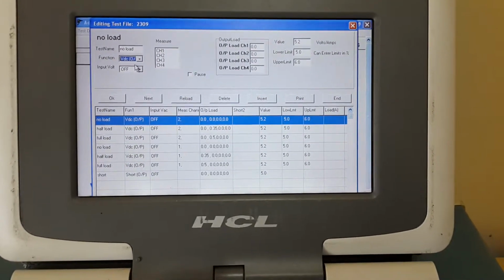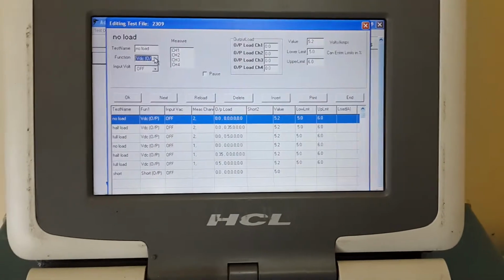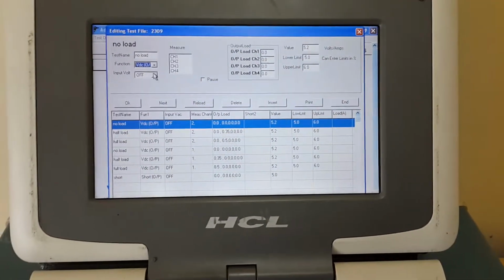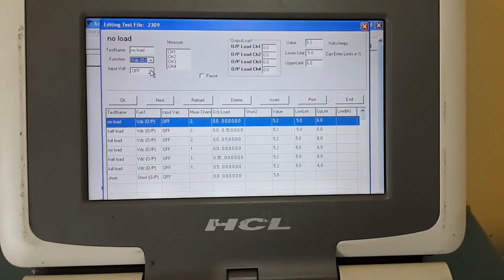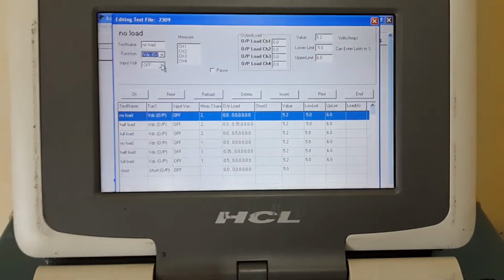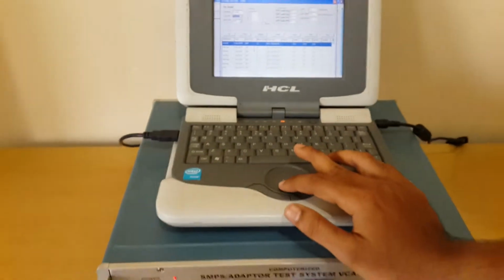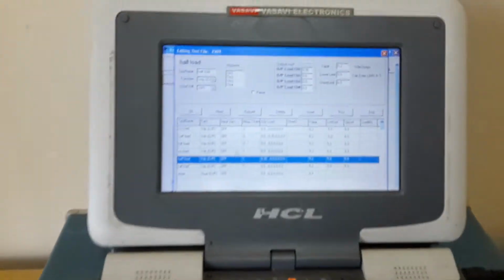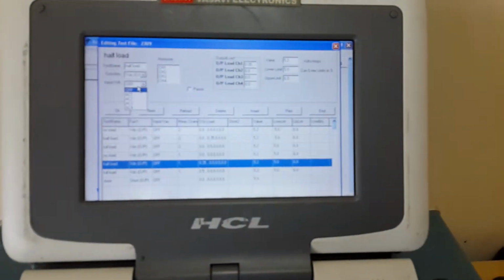It's a DC side or AC side. In this particular model you have two options. One is load regulation, that is only at the load side you can put no load, half load and full load. And line regulation, it's a higher end model where you have an option of changing the AC side in 4 different fixed steps.